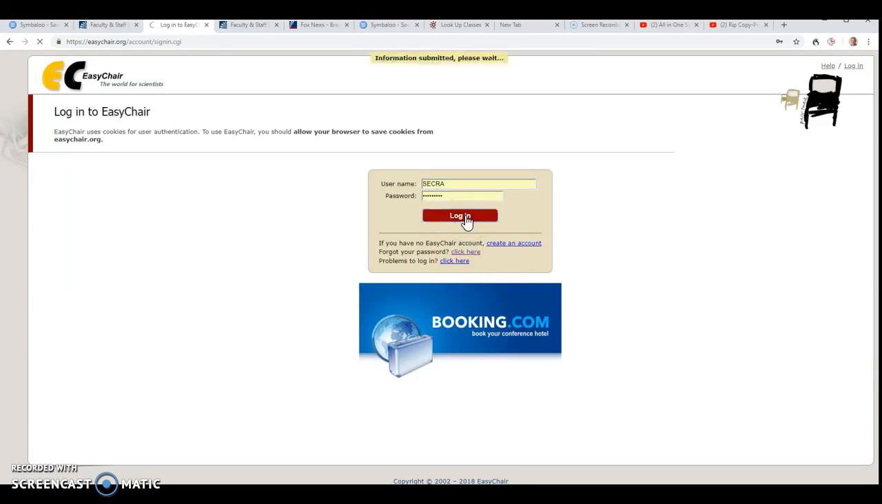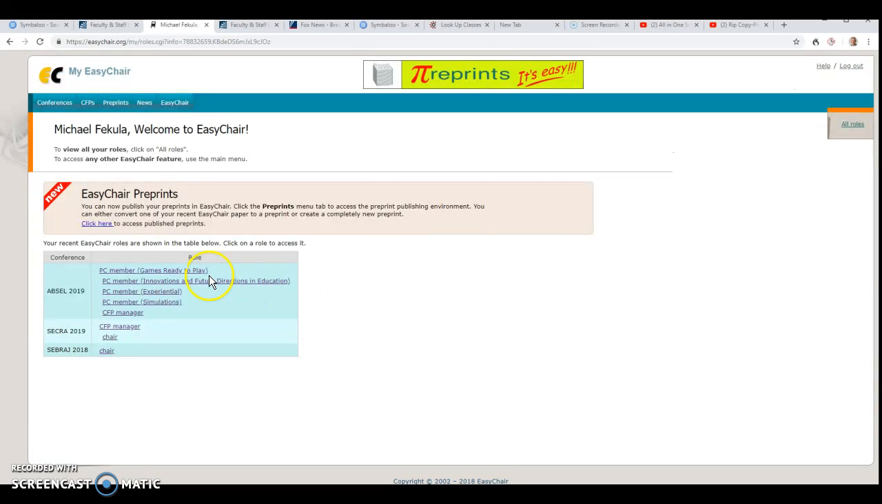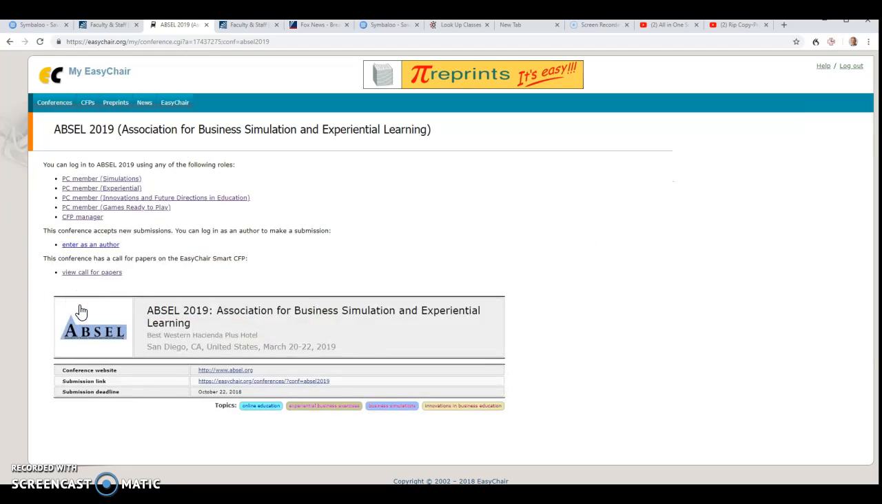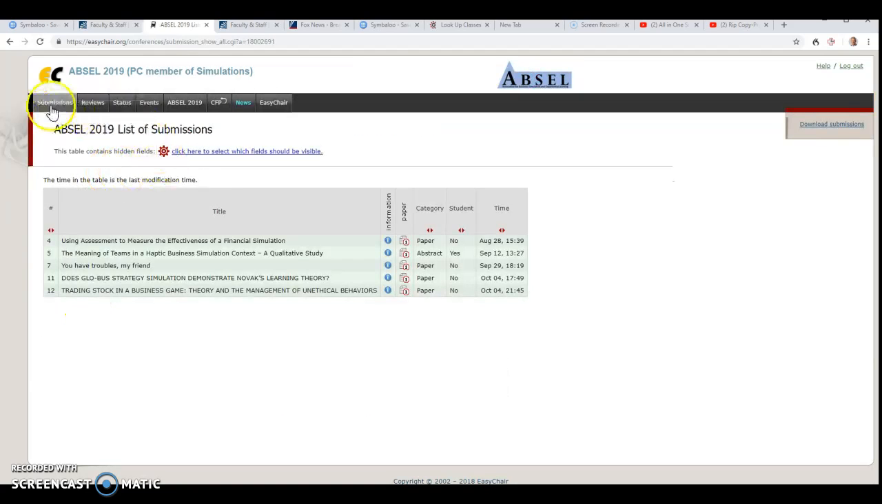Okay, so here's what I see when I log in. I've got the three different conference titles there. And under ABSEL, I'm listed as a program committee member, but I do not have chair listed there. So if I go to the ABSEL conference and I look around at my various functions, like up here where